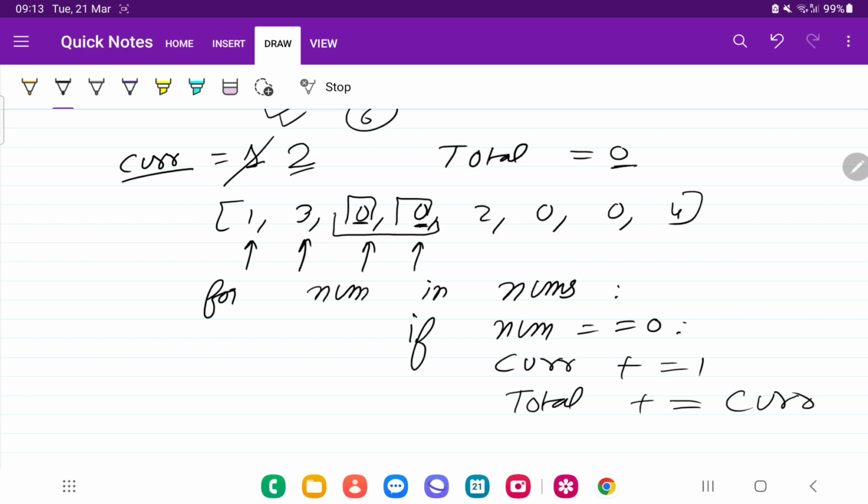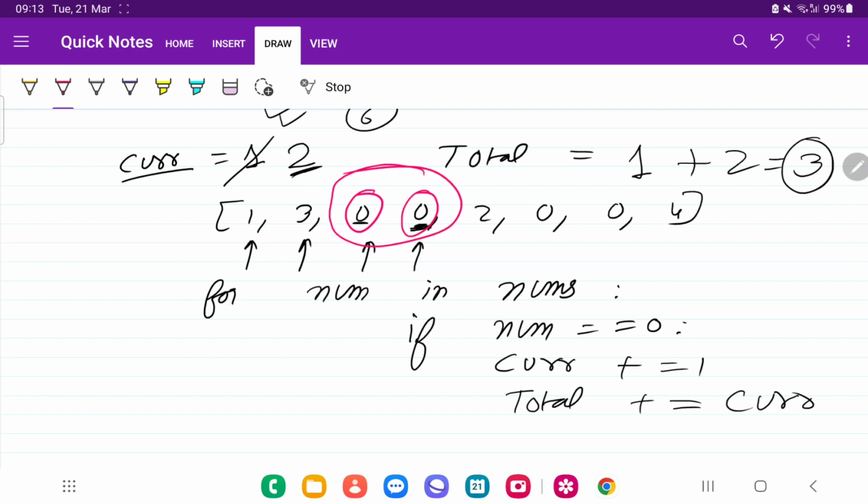It means in the first step, the value of current is 1, so the total will also become 1. As soon as we come to the second step, the current value will become 2, so total will be 1 plus 2, which is 3. You can check how many subarrays are possible till this position: this is the first subarray, this is the second, and this is the third, and it has given us the correct output.